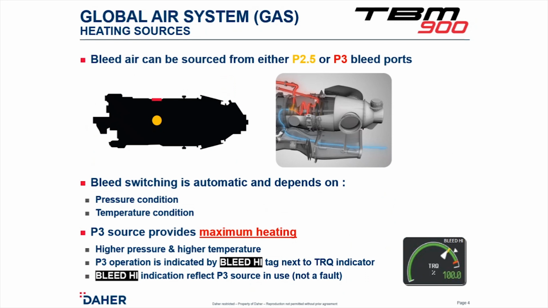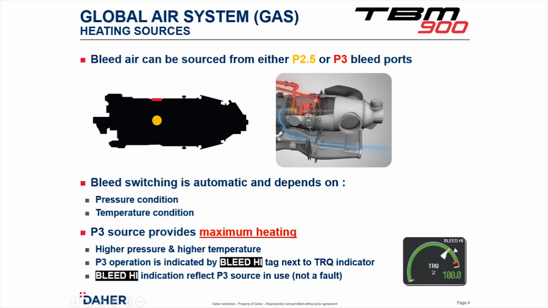To better understand heating, we expand a bit on the bleed coming from the engine. The bleed air is sourced from either P2.5 or P3 air from a higher stage of compression in the engine. Switching into higher pressure bleed or P3 depends on a couple of conditions and is done automatically. First, the bleed will switch due to a pressure change coming from the engine or a temperature condition as requested by the cabin, as in if heat is needed. P3 source provides maximum heating. P3 operation is indicated by a high bleed annunciation